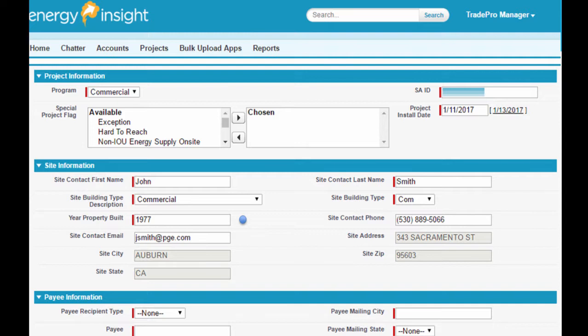Now, we're not going to reject your application if you get this wrong. However, your selection here will then determine the amount of energy savings we're able to claim for your project as a program, so please be as accurate as you can. Customer contact information, email address,